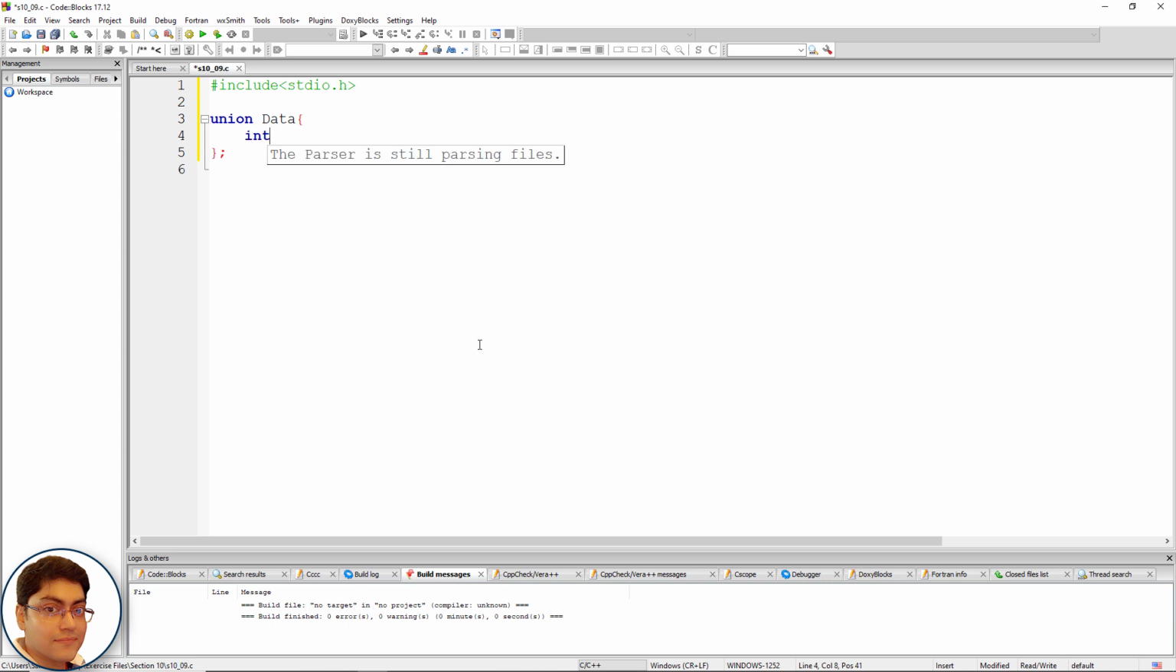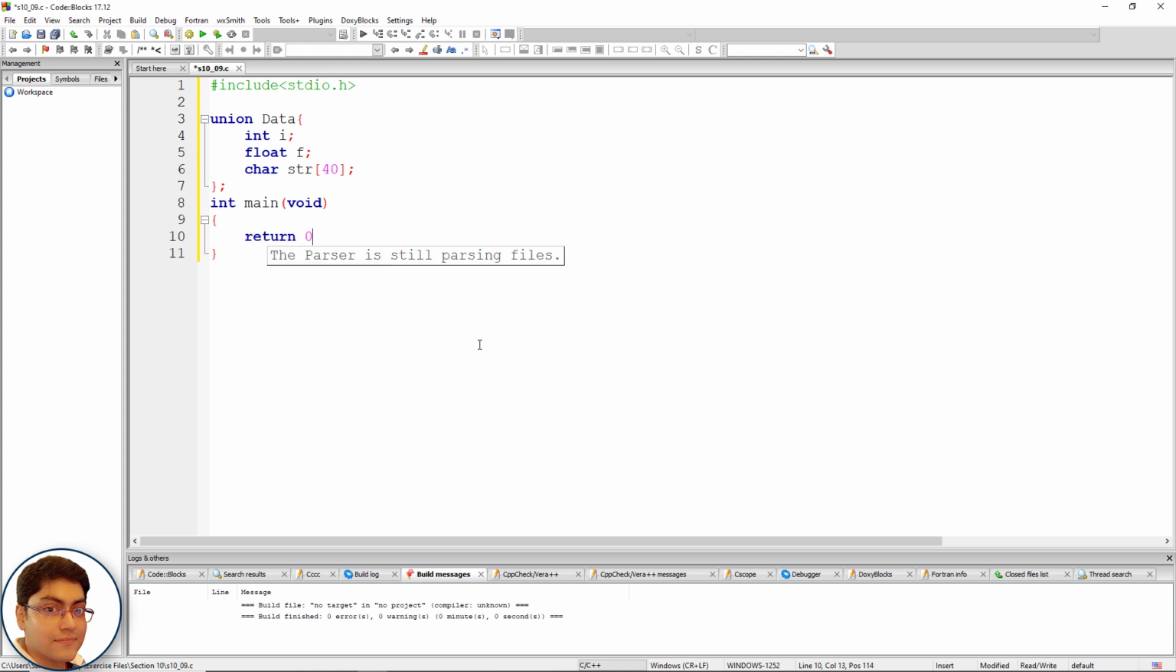Write int i; float f; char str[40]; with 40 as the string parameter. Next, define the main function: int main(void) { return 0; }